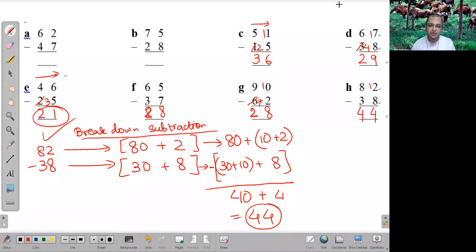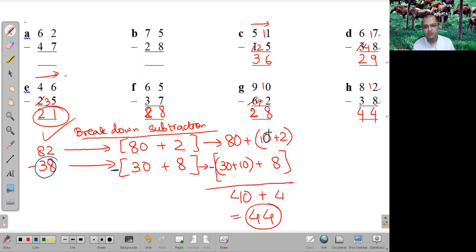Did you understand this breakup? This breaking of subtraction, the whole breakup of the method? Yes, I understood. Others? Prabhuji, can you explain again? This 82 means what? 80 plus 2. Okay. 38 means what? 30 plus 8. This much is clear. So from 80 plus 2, we have to subtract 30 plus 8. Now from 80, we can remove 30. There is no problem. But from 2, how can we remove 8? There is a problem. So because 2 minus 8 is not possible, we will add this 10 here.